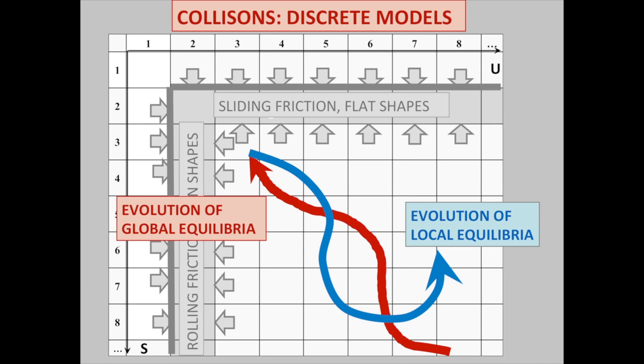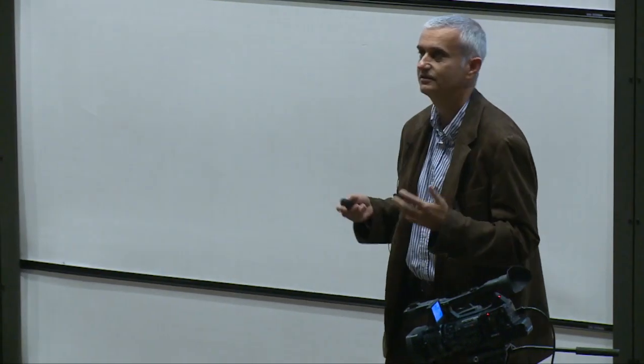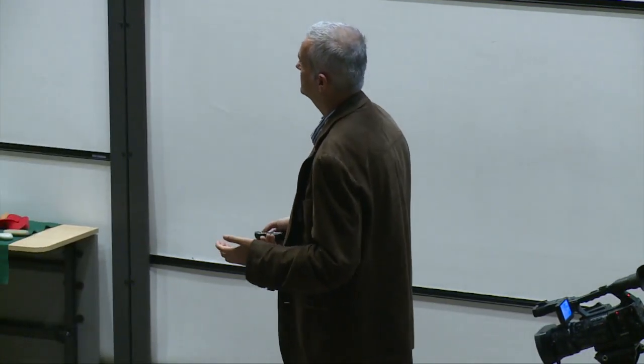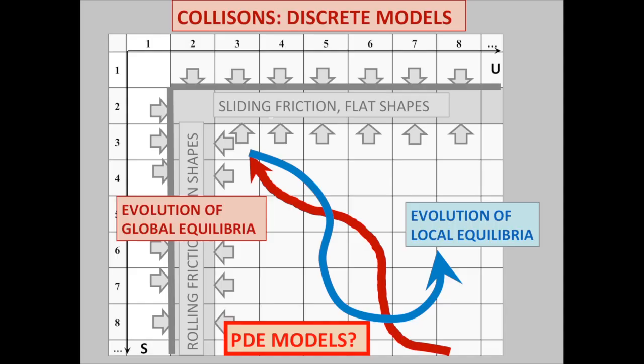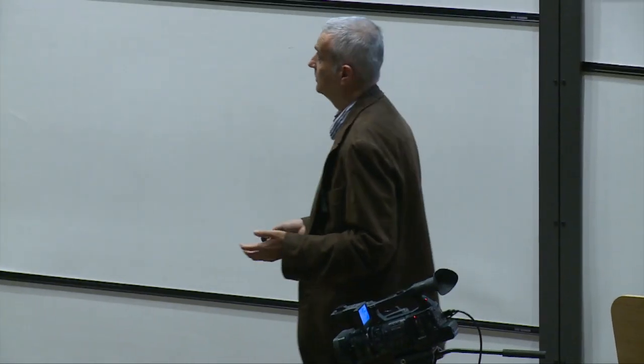In order to find what is happening on the time and space average, you need to understand this in terms of these models, in terms of partial differential equations. They are called PDE models. What is a partial differential equation? Well,